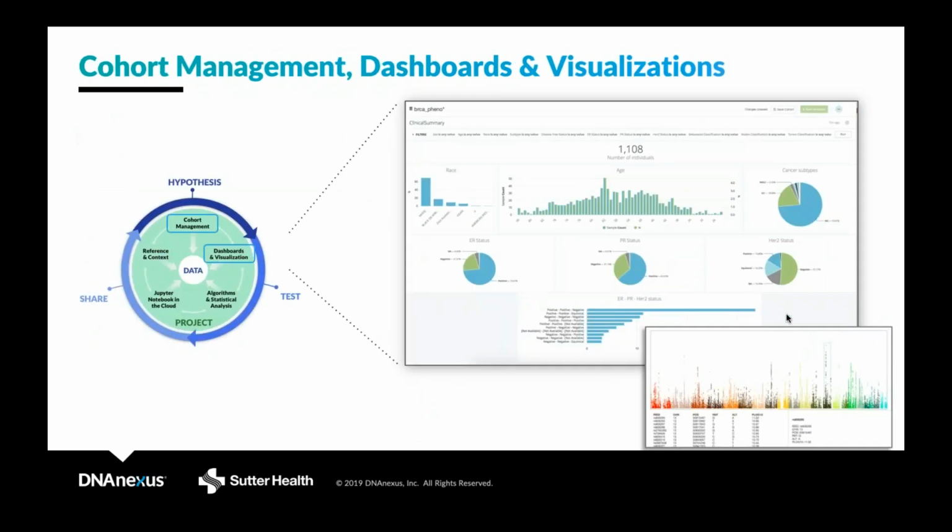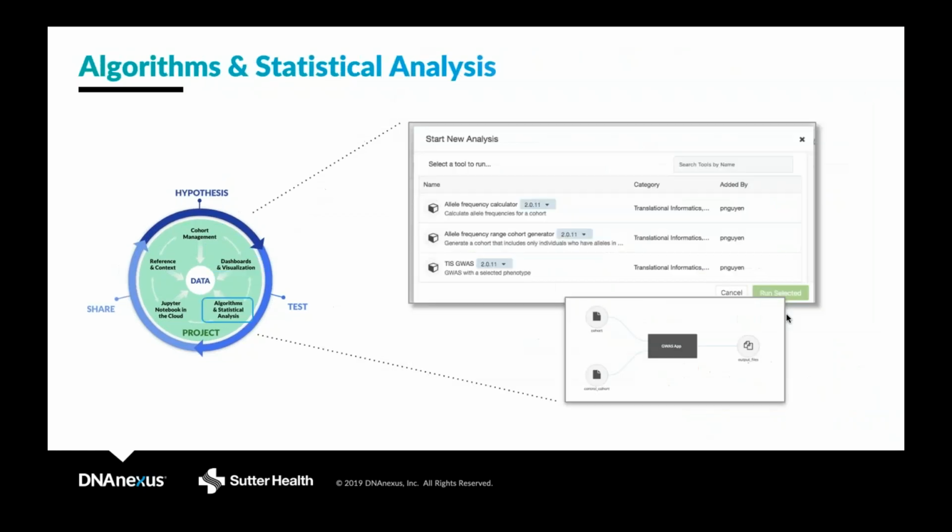And so really quickly, just a glance at what the cohort management and dashboard and visualizations look like. Again, once the data is ingested and harmonized into the DNAnexus Apollo data model, biologists and bioinformaticians alike have the ability to browse through these cohorts and carve out subsets of the data set that meet very specific genomic and phenotypic criteria. And from there, launch analyses either through out-of-the-box statistical analyses such as GWAS or PheWAS, or allele frequency calculators that are, again, available out of the box, or through the technical team members, bioinformaticians who have designed and launched specific algorithms and applications within the DNAnexus Apollo infrastructure, again, for